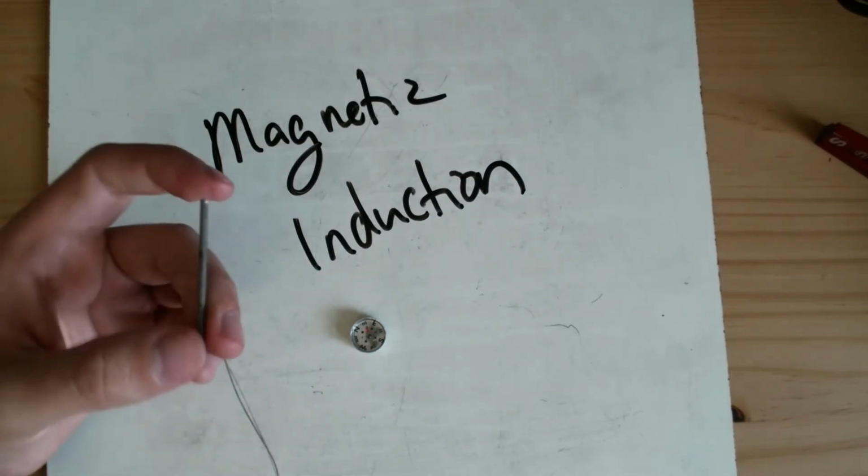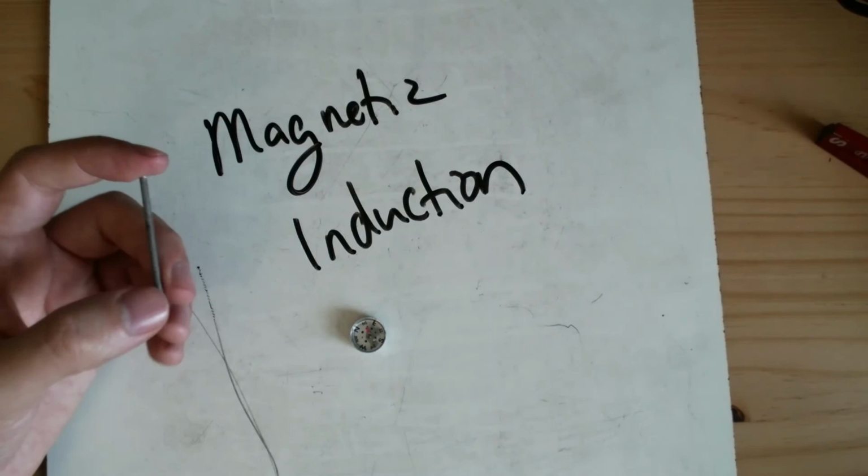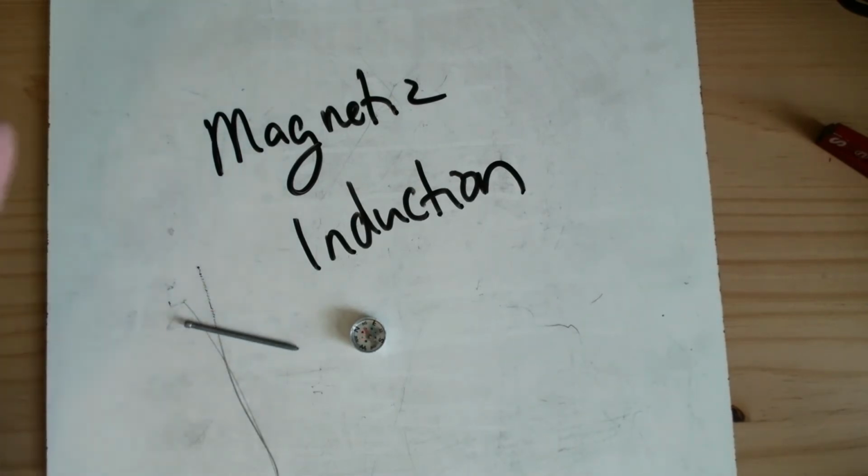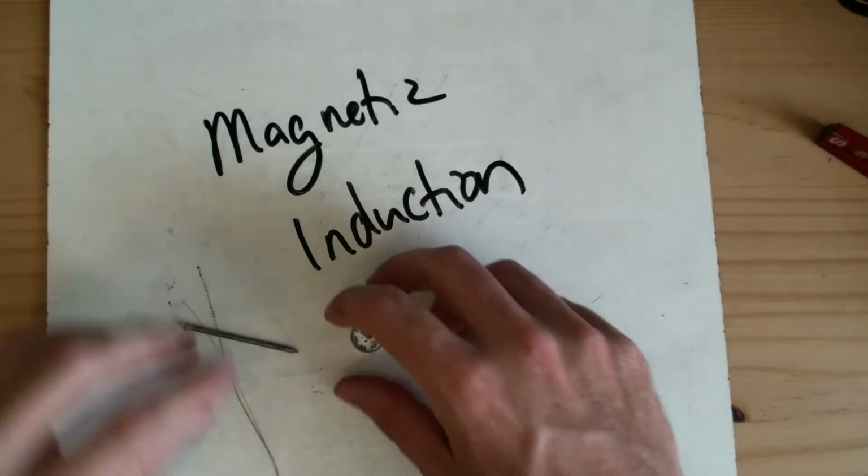So now the nail is magnetized. It has been induced. That's a simple explanation for how magnetic induction works. Now, on a more complicated level,